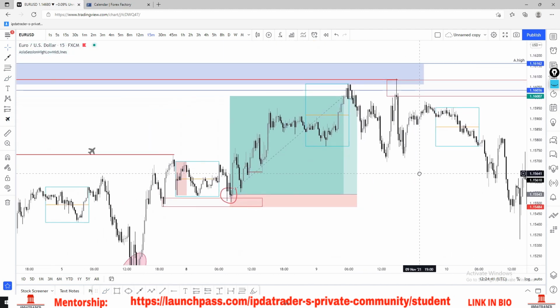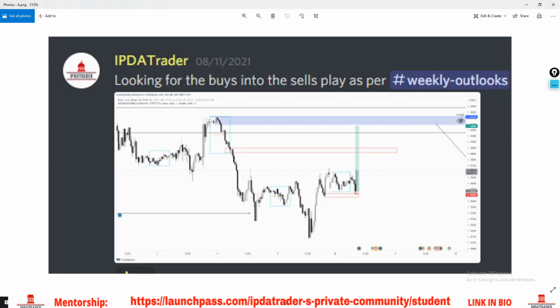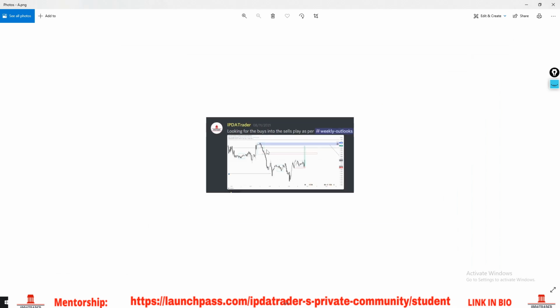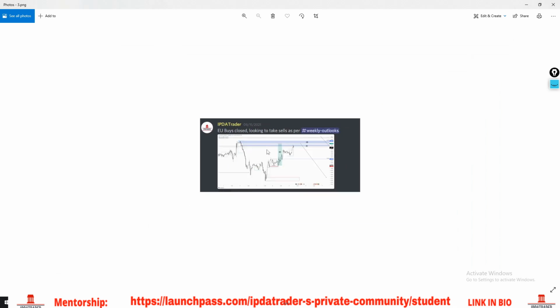So you can see that this is not hindsight. This is actually information that was given ahead of time. You can see the timer over here, I know the quality is pretty bad, but this is not a hindsight replay tool. This is actually the live market, and this was sent on the 8th of November, right, just as the trade was barely executed. So if we look at the next picture over here, we should be able to see that